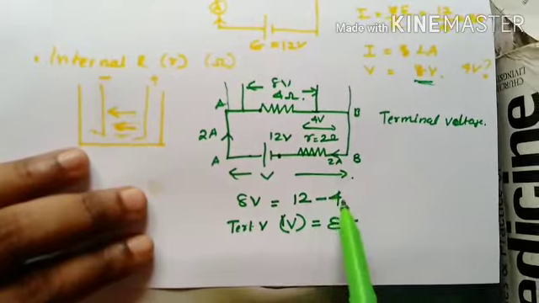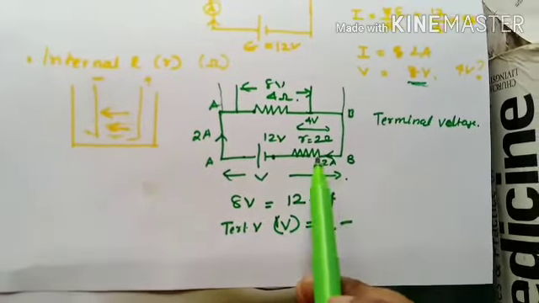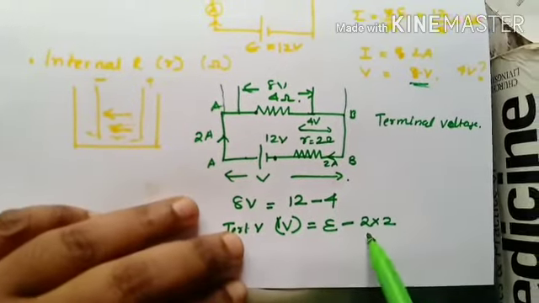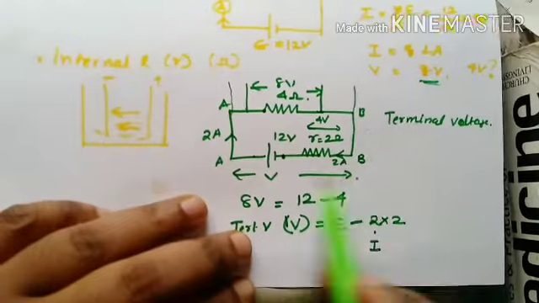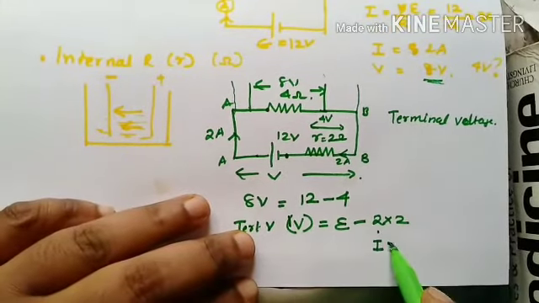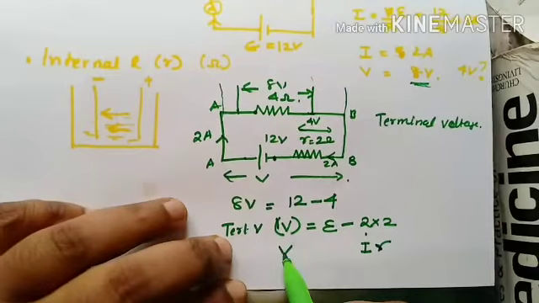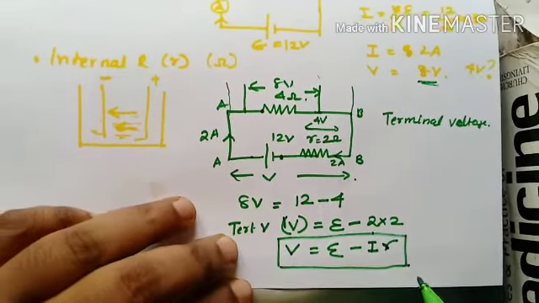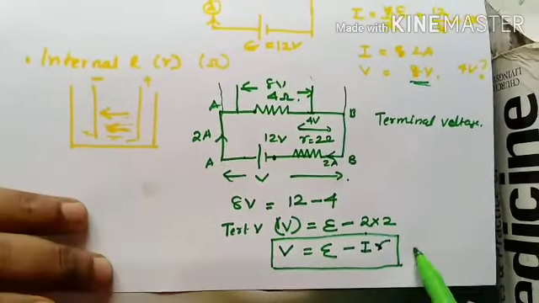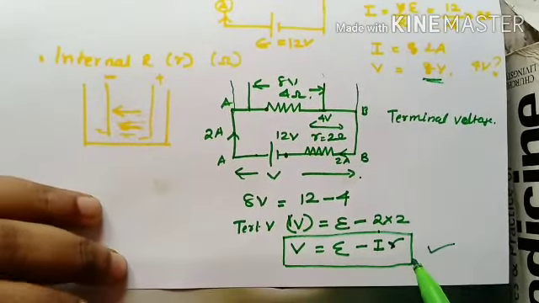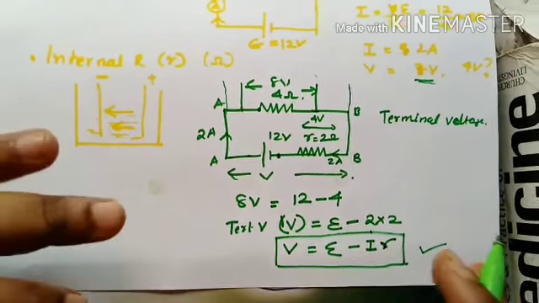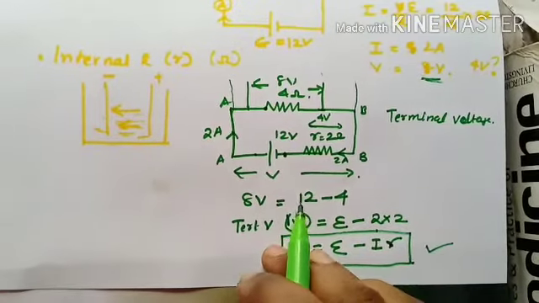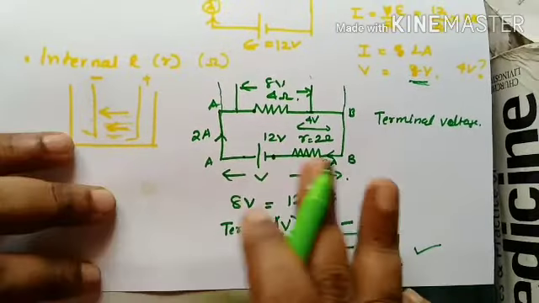And what is 4 volt? 4 volt is the voltage drop, so I can write it as, say, 2 into 2. What is this 2 into 2? This 2 is the current flowing through the circuit, and this 2 is the small resistance, right? So I can write it as IR. So I'm going to complete this equation like this: V is equal to E minus IR. This equation is very important, guys, because you have to deal with it in the potentiometer, Wheatstone bridge, and so on. Clear? This is not the only way of getting this equation. There is another proof which we'll do in a later video, but I hope this much is clear.